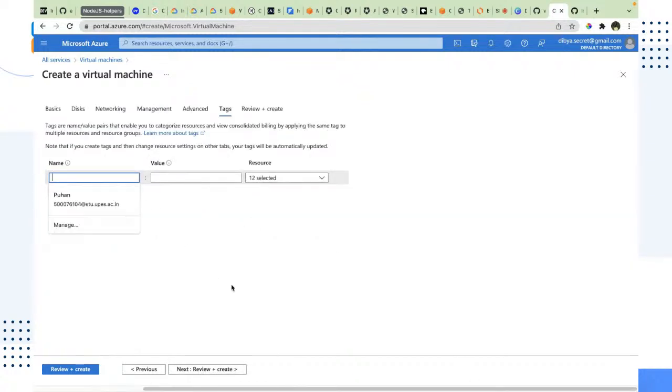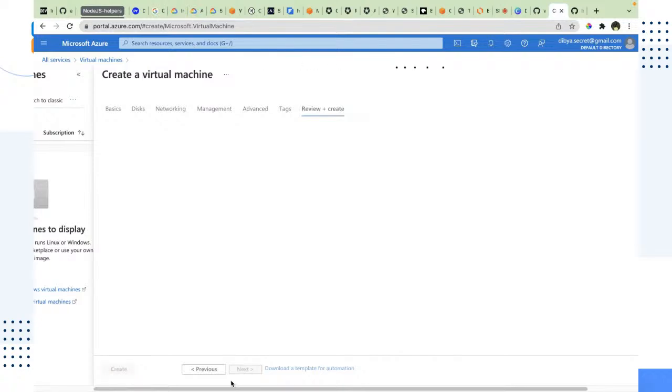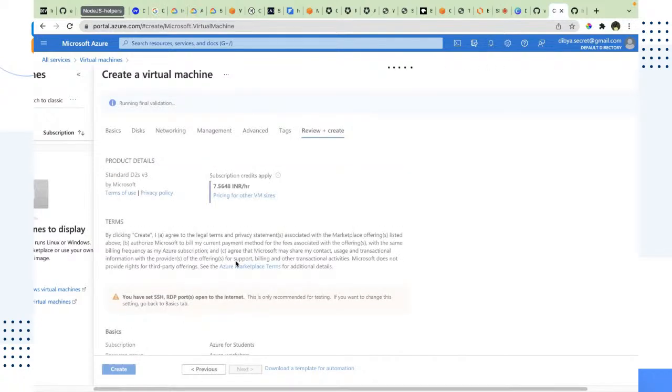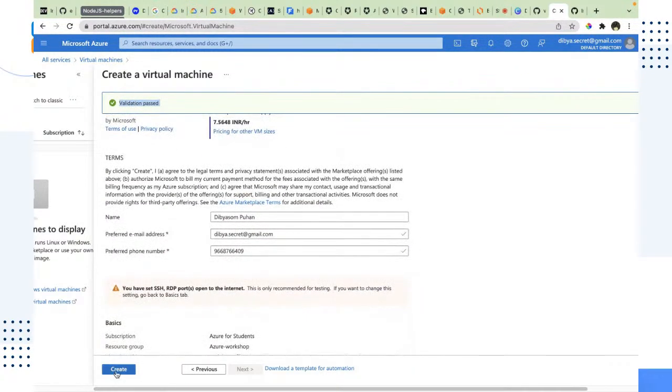Tags allow you to give a unique identifier to your machine, so that it's easier for you to find the system later on. So I can say that the purpose of the system was Azure Workshop. So it's just a variable. You can choose any key and any value. It's totally up to you, however creative you want to be with naming, so that later on it's easier for you to find. At the end, you will see that the validation has passed, and you have to create and